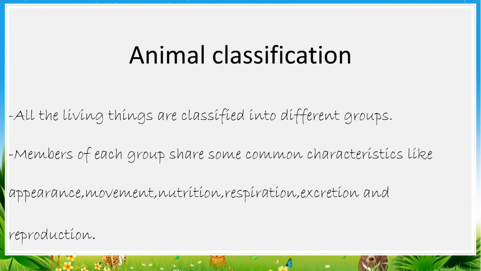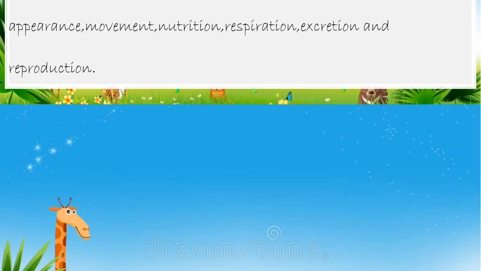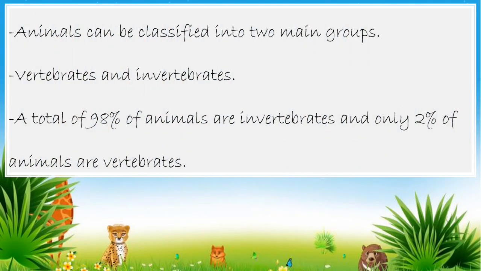Animal classification. All living things are classified into different groups. Members of each group share some common characteristics like appearance, movement, nutrition, respiration, excretion, and reproduction. As we all know, there are different types of animals. Animals can be classified into two main groups. They are